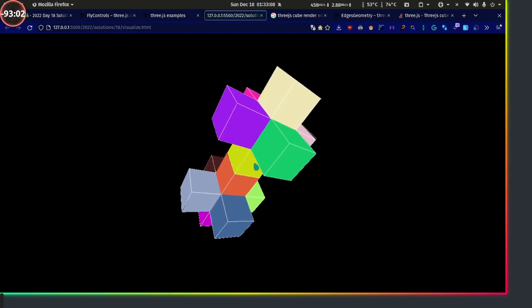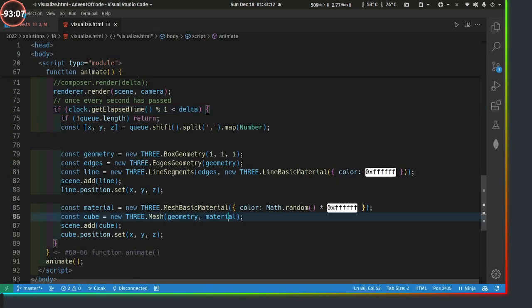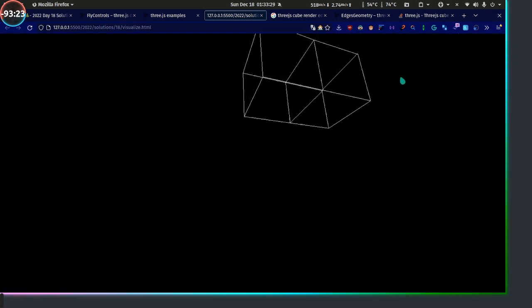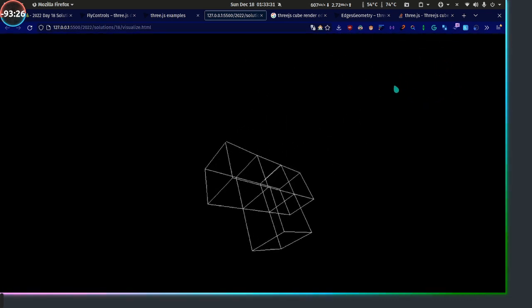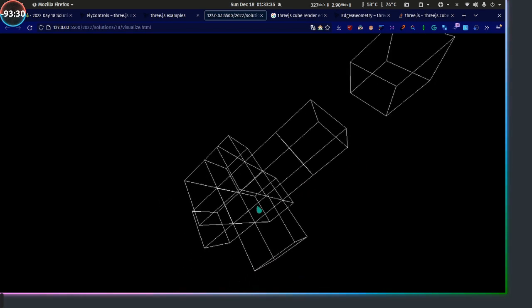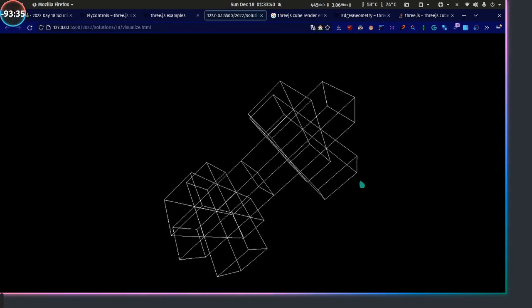Look at her go. Ooh, what if we didn't want the actual mesh, right? We don't need no mesh. Where's that? Material. We don't need a material. We don't need a cube. Yeah, we don't need any of this. We just want a cute wireframe. It's going to be hard to tell because that one, is there a cube there or not? It's hard to tell, but